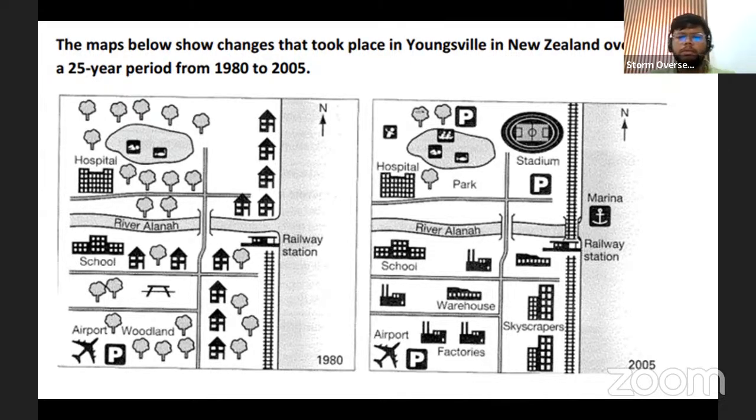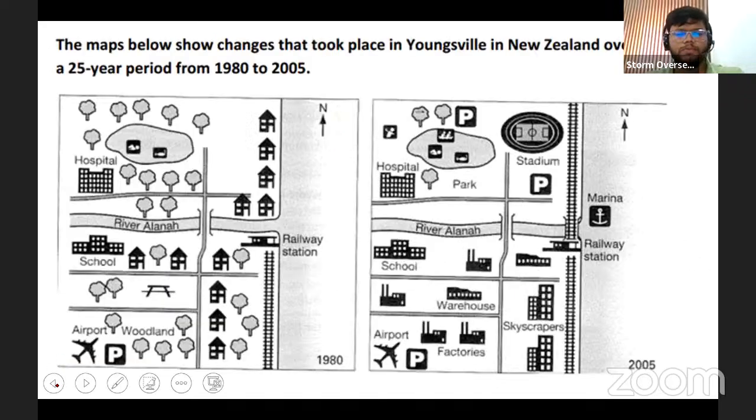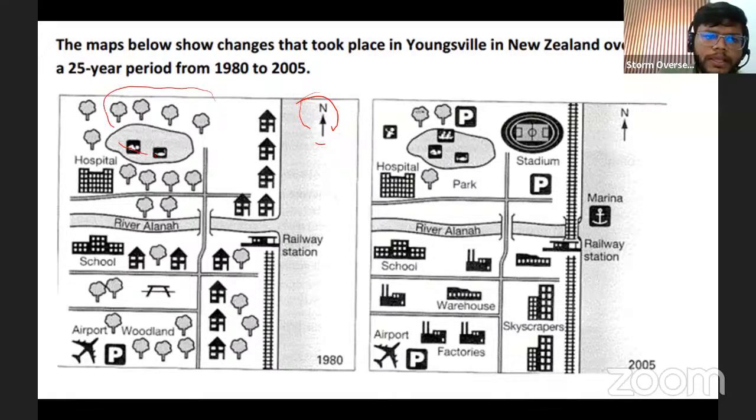Okay, now direction is very important, and we are given this. What we are given is this direction, and we should use that because this is going to show where the change is happening or where the change is done. Okay. So what we can see in the northern side is that the area which was full of trees has